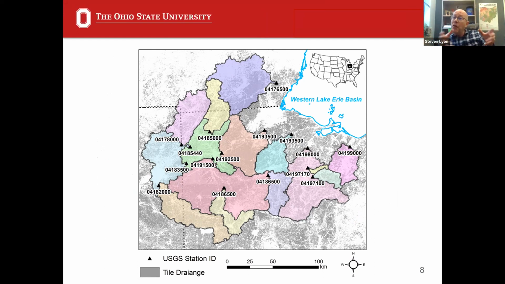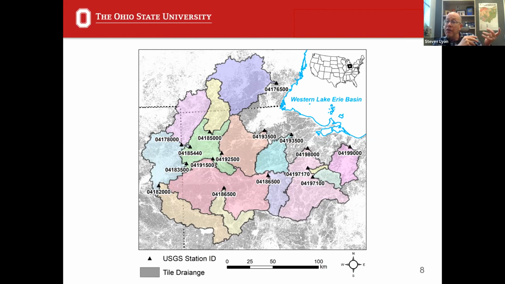And we said, okay, here are about 14 or so watersheds highlighted across the Western Lake Erie Basin, the northwest part of the state. These are locations where not only do we have that high quality, high resolution USGS stream flow data, but we also have nutrient data available from longer-term monitoring. So we have some monitoring of both nitrogen and phosphorus data coming out of those watersheds.